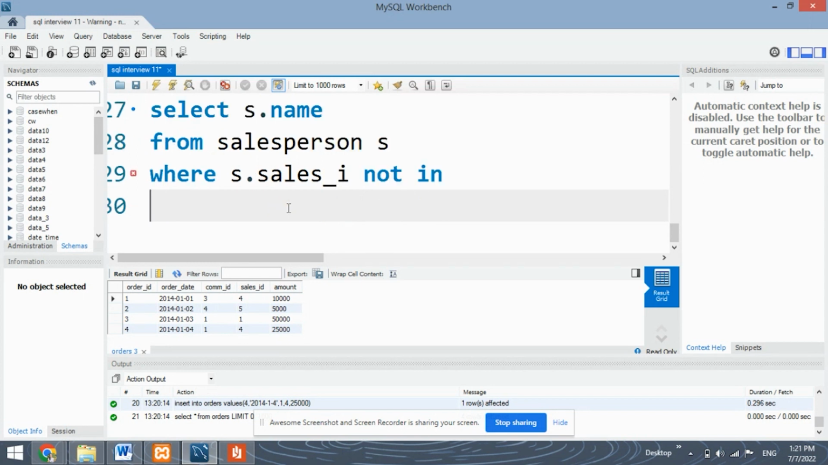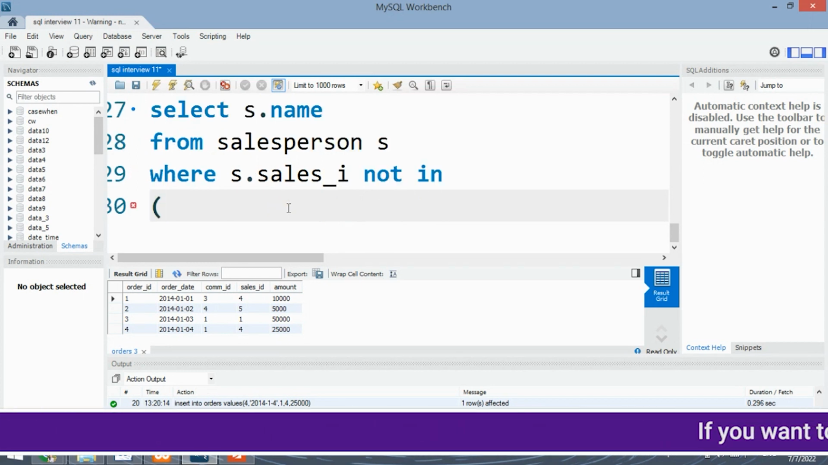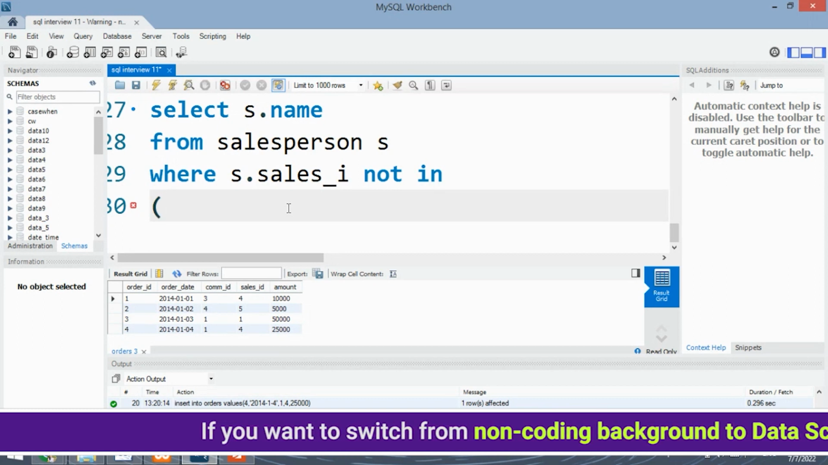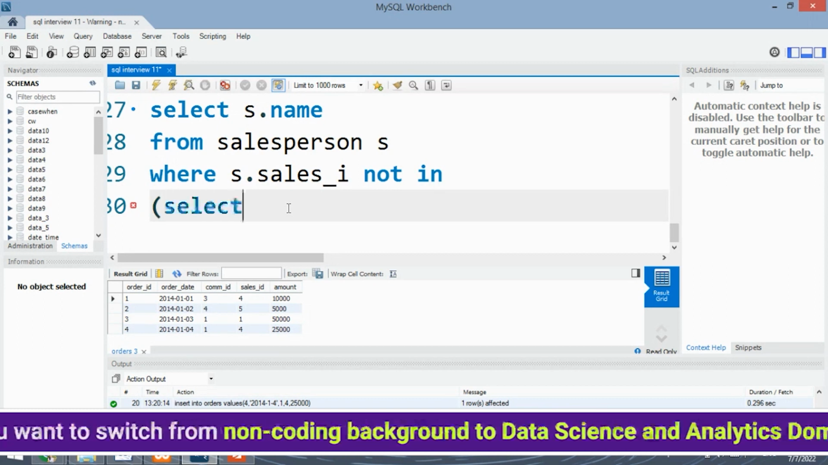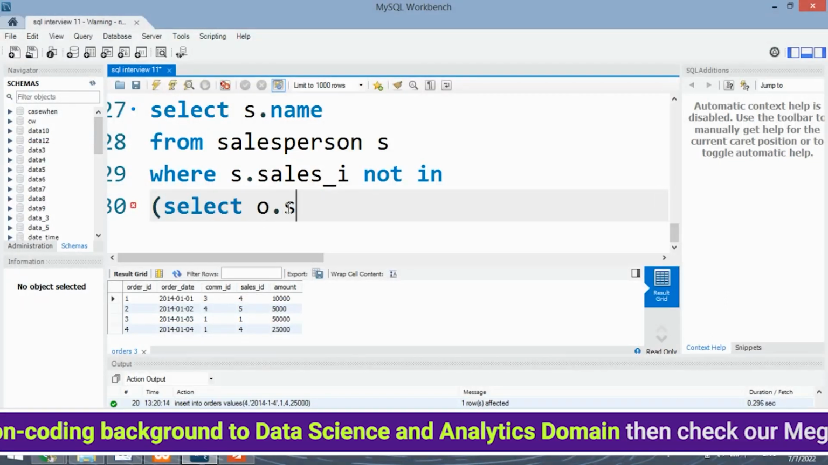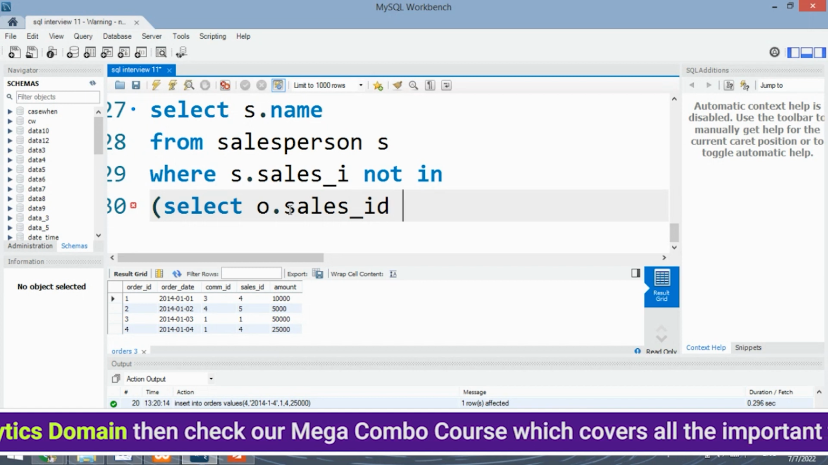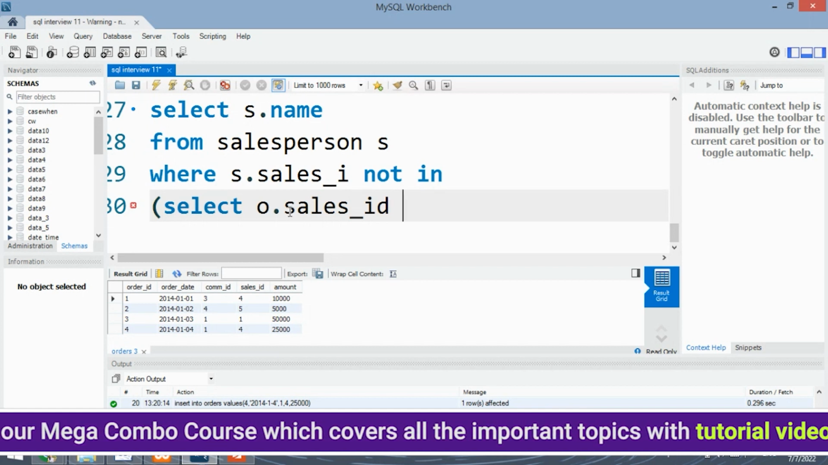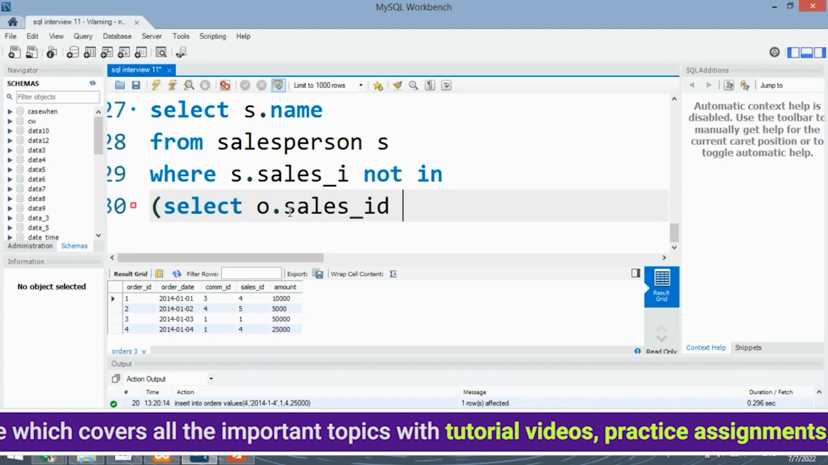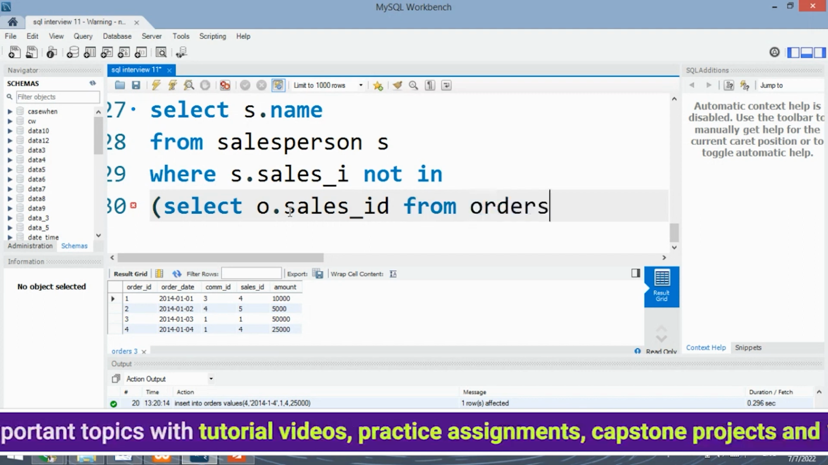Okay. Now in this NOT IN, we will be joining the two tables, which are our orders table and the company table. I'll show you how. So select o.sales_id. Your o is nothing but the orders table. So o.sales_id from orders o,